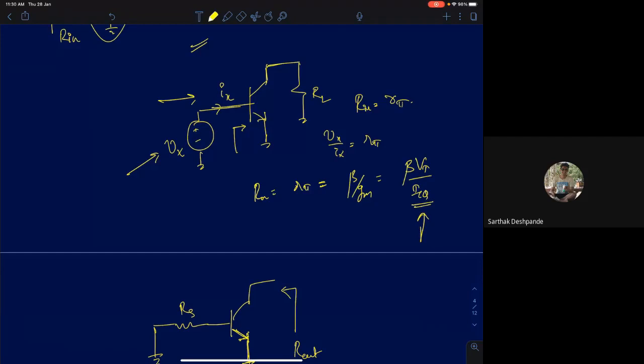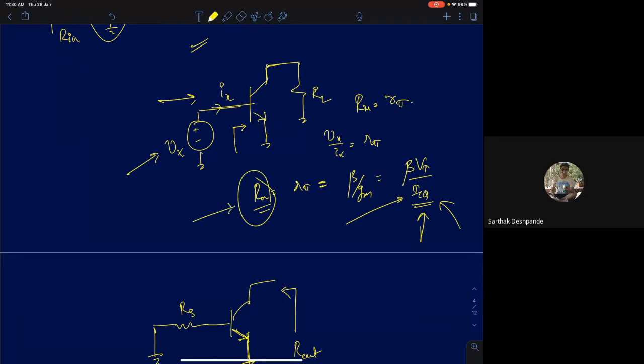So once you set your quiescent collector current, your input resistance depends upon the quiescent collector current. If you increase your quiescent collector current, your input resistance will decrease. So these are some basic rules that you should be aware of. So as engineers, I told you, we have very few design parameters to tweak. As a BJT engineer, you will use your bias current to tweak. If you tweak your bias current, your input resistance will change.